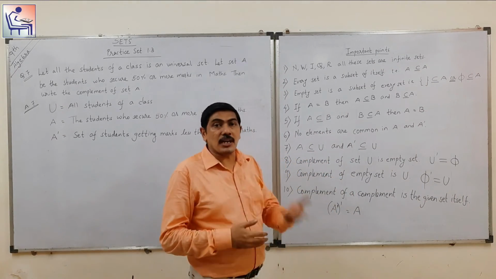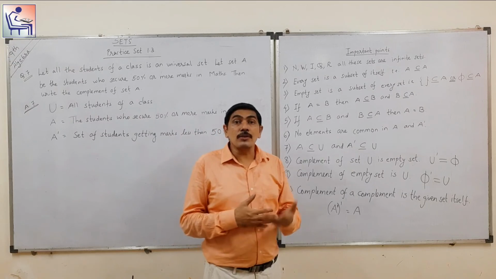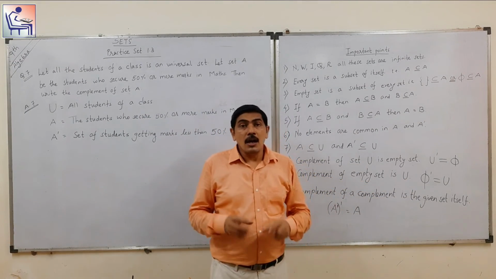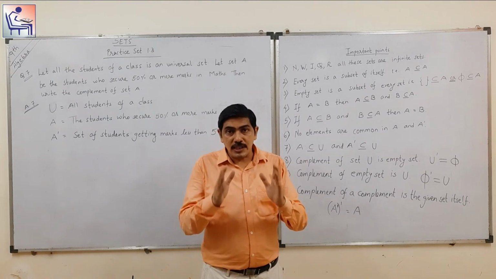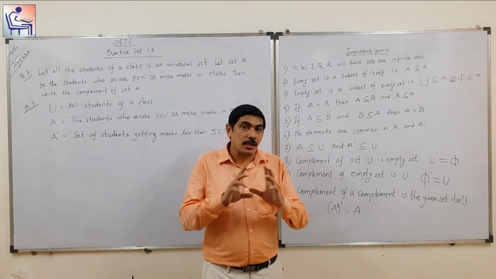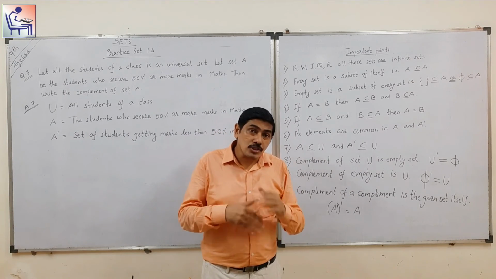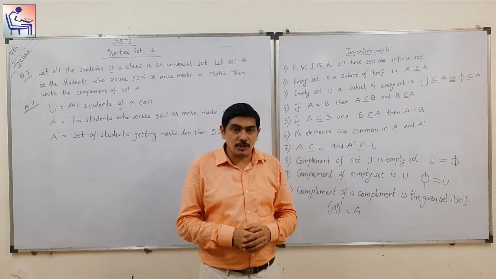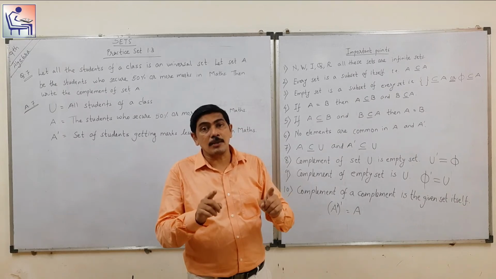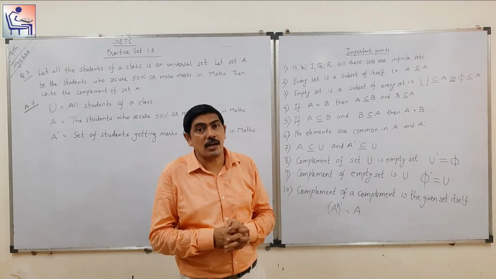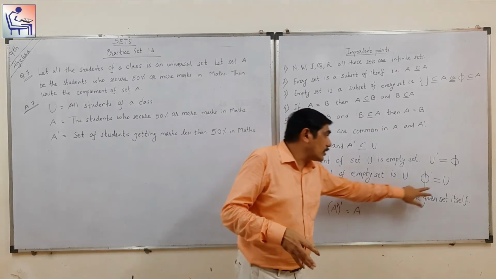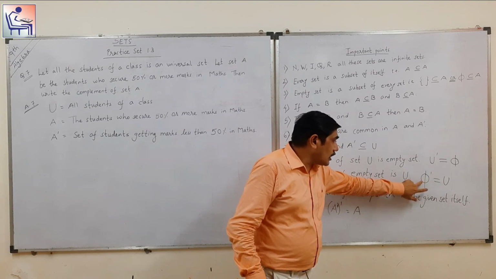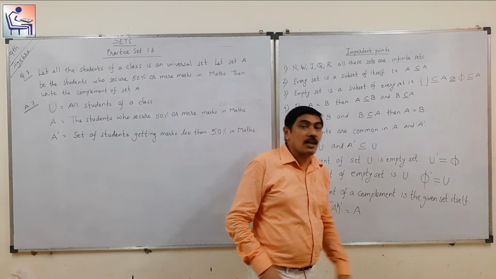Complement of empty set is universal set. U stands for universal set. अब ऐसा कोई सेट ले जिसमें कोई एलिमेंट्स नहीं है मतलब empty set है तो उसका कॉम्प्लीमेंट क्या होगा? जिसमें सारे के सारे एलिमेंट्स हो. और जिसमें सारे के सारे एलिमेंट्स हो वैसा सेट कौन सा हो सकता है? तो वो हो सकता है यूनिवर्सल सेट. दैट्स व्हाई वी कैन से दैट complement of null set is universal set.